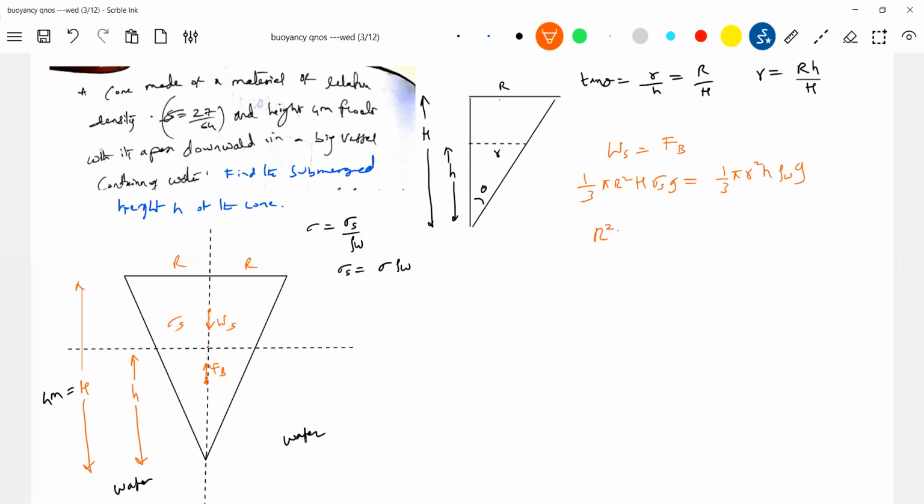Let's go for r square h sigma into rho w. This will be 1 by 3 pi r h by capital H whole square h into rho w. So r square also gets cancelled. Finally, what we are going to get is h is equal to